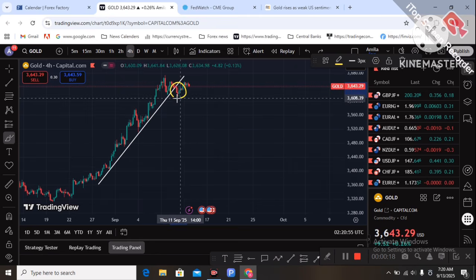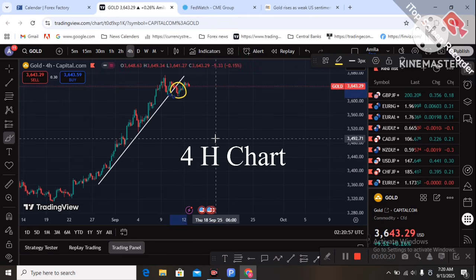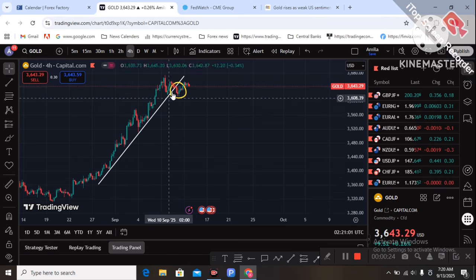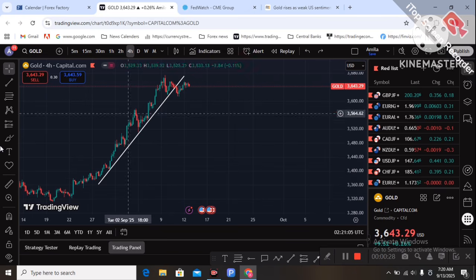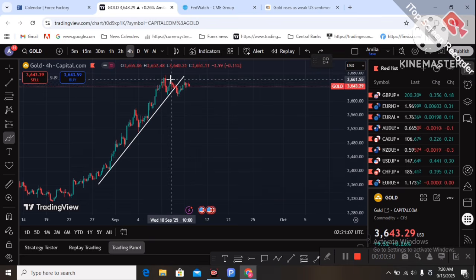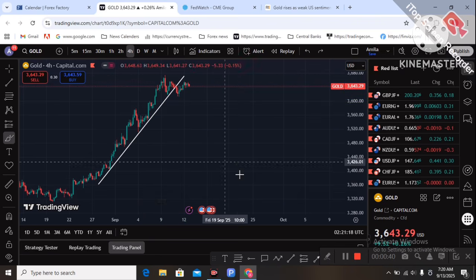I'm on the 4 hour chart. Technically, the picture shows this trend line has now broken out to the downside. This is just the technical. So on the 4 hour chart, the trend line broke to the downside and retested on Friday. Now I am on the sell side for gold next week, and I have a reason. What is the reason I am on the sell side?